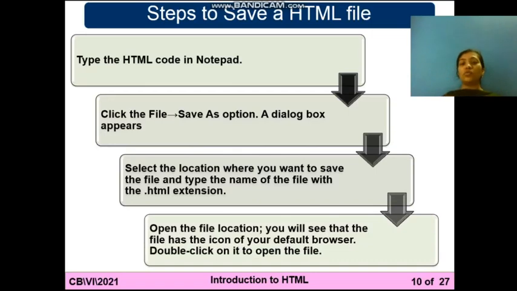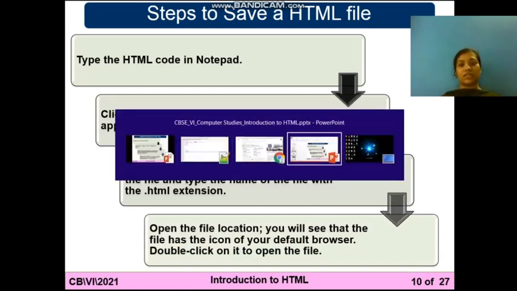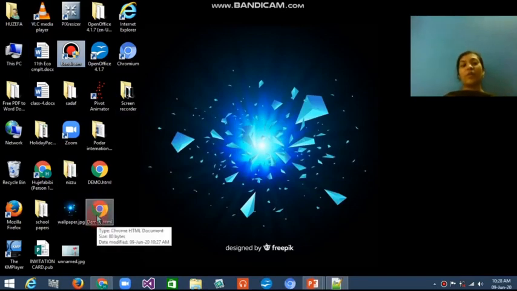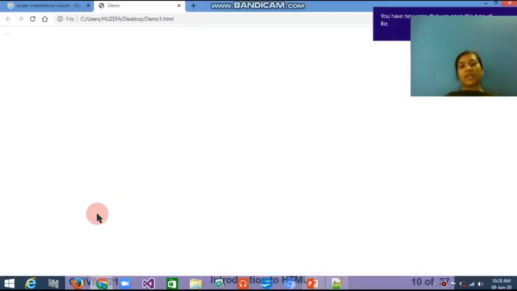And if you want to open this file, let's open that file and you can see what the changes are here. That is the demo1.html that I saved. You can see there is a symbol for the browser. You can see the Chrome symbol here. You made a text file, but here the Chrome symbol shows. Why? Just because it's an HTML file. When I click on this,